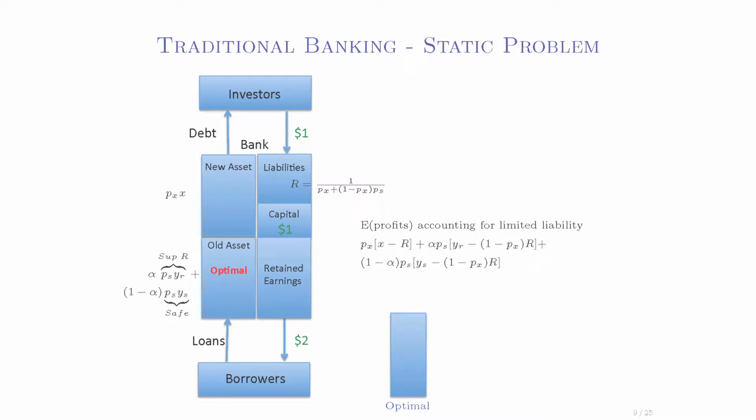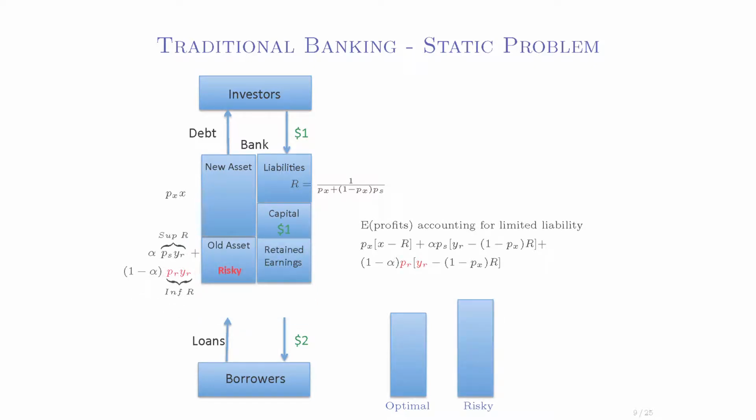So, but now to introduce something interesting going on here, I'm going to ask, what if the bank decides to invest always in the risky asset? Investing always in the risky asset implies that the size of the pie goes down by the assumptions. The inferior risky asset is worse than the safe asset. However, the expected profit that the bank makes can be higher than before. Why is that? Because even when the size of the pie gets down, it pays the interest rate with a lower probability. This is the standard risk shifting problem, the moral hazard problem.